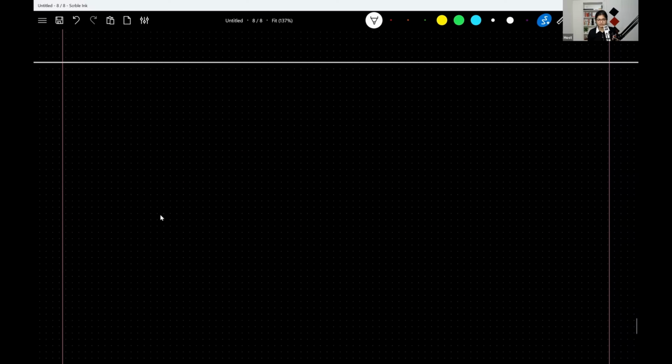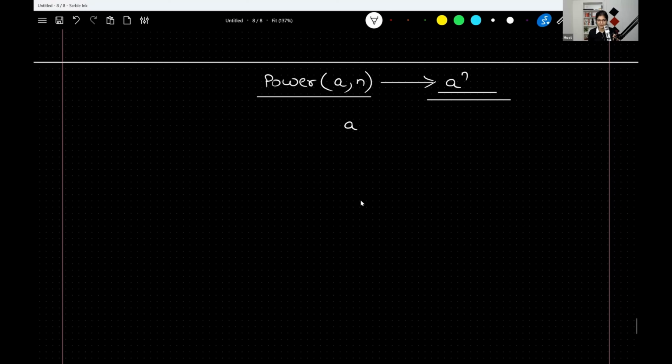The problem is very simple. You need to find the power of any given number: a to the power n. So what you need to compute is a to the power n. Simple, okay? Where a is any constant number provided to you, and you need to find the value of a to the power n. For example, let's say a is 2, and let's say n is 8. So when I'm saying 2 to the power 8,